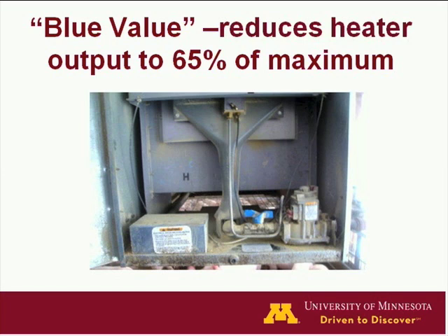Actually, most of these heaters now have a valve that you can close off, this blue valve, that reduces the output of the heater by about 65%. So instead of 250,000 BTU output for a hanging heater, if you reduce that valve, it'll be more like about 150,000. I know a lot of producers that turn that valve down and operate the full year at that reduced rate, and they save energy. That also helps prevent this overshoot from occurring.